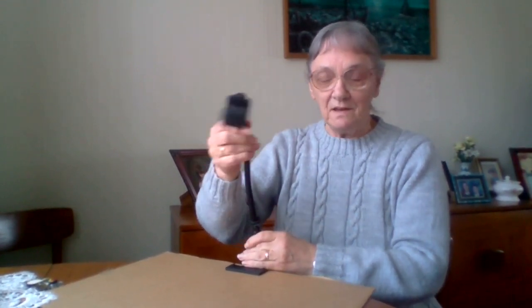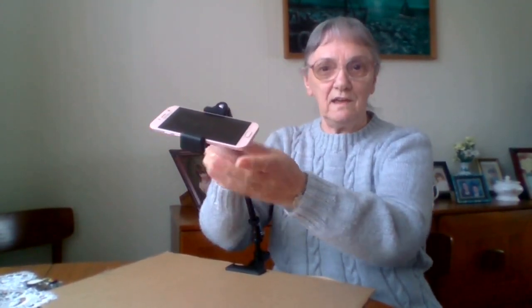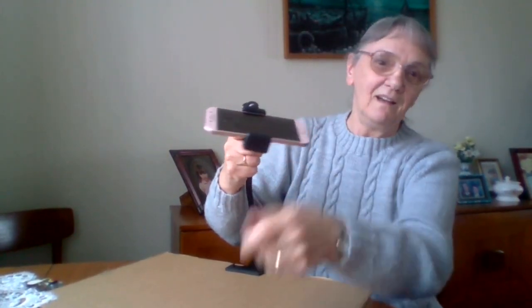It's a gooseneck thing, you know, you can bend the neck any which way you want, and down and around like that. And it comes in very handy, and I've slackened it off there. It comes in very handy. And I've slackened it off, so it's moving around easier. But all I do now is just put the camera, the phone goes into there, into this part of the...